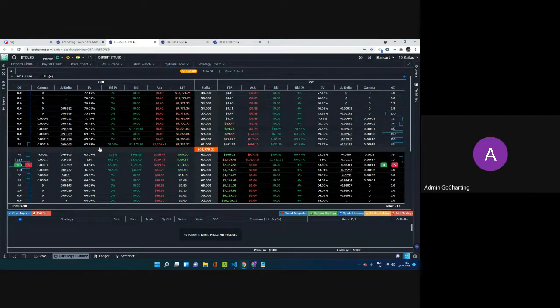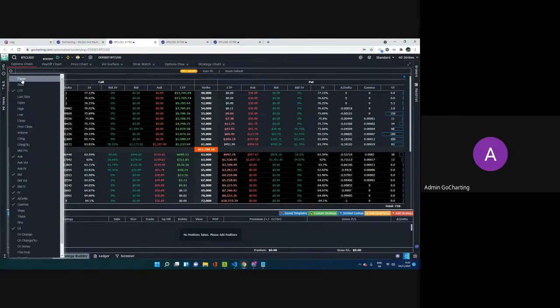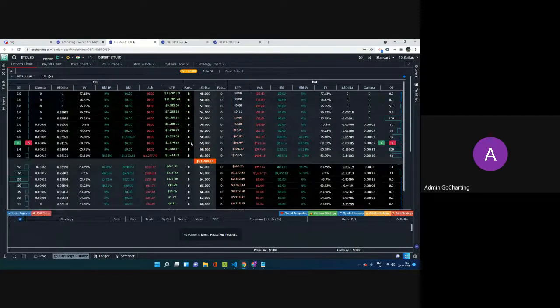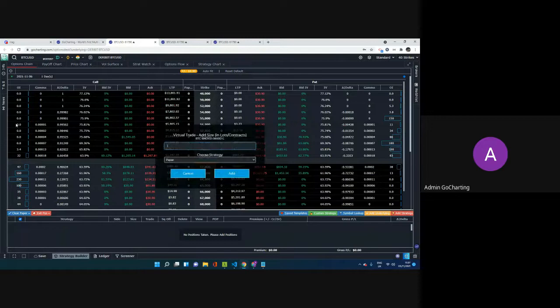So now that you have this view, I have this default, I've selected some of the fields that I think are important to me. Okay, then what I can do is choose another column called paper, and this is where all your paper positions will directly show up, and I'm going to show you how. So one of the ways of doing this is by clicking on the buy and the sell buttons, right? If I click on the buy and the sell buttons, it will ask me whether I want